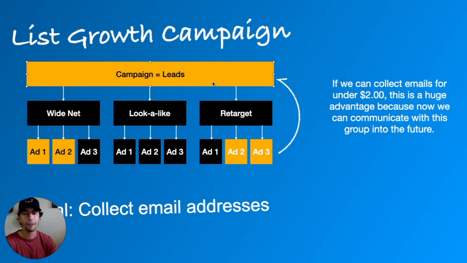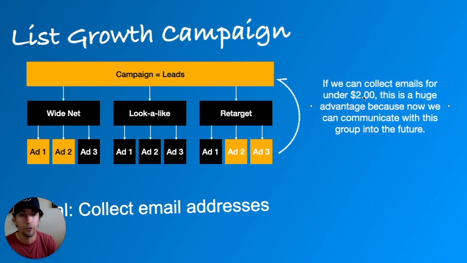So if we run a Facebook leads campaign and we use the lead tool to collect an email address, a name, a phone number, whatever it is that you need to collect, and we can get email collections down to say $2 per email, this becomes a huge advantage for us because now we can communicate with that group of leads into the future and we can market to them. So we'll look at the economics of that in just a second. But the way this would work